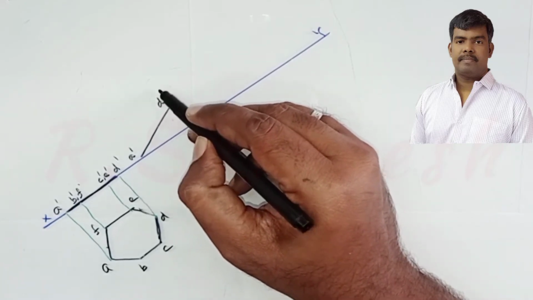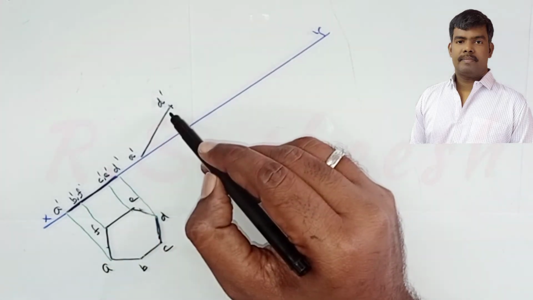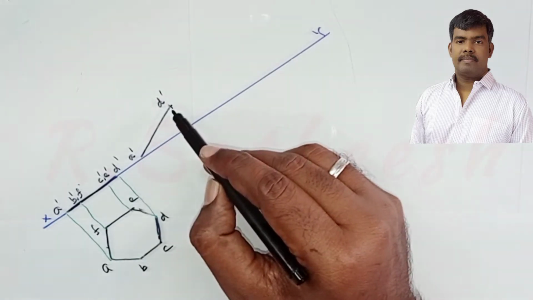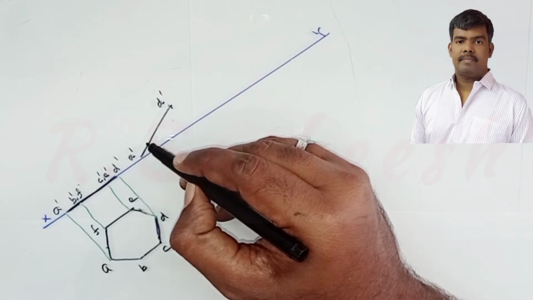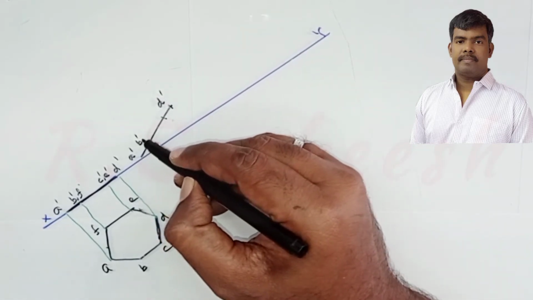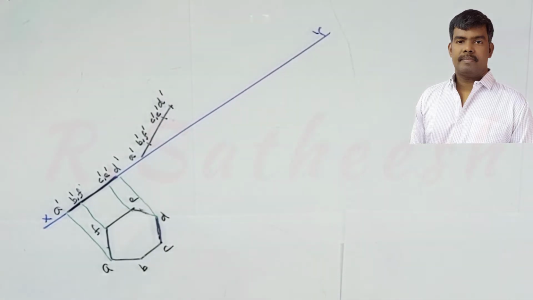Clear? Then same size, same shape, straight line. Only one difference: it is horizontal before, and this is the given angle of 35 degrees. Now measure the A to B distance; D to C is the same. Therefore this is B dash, F dash, C dash, E dash. Clear? Right.